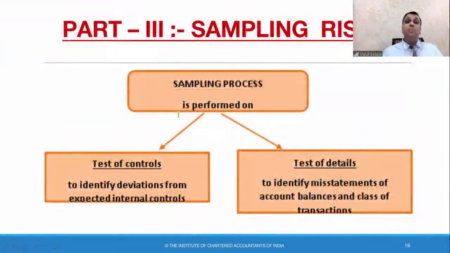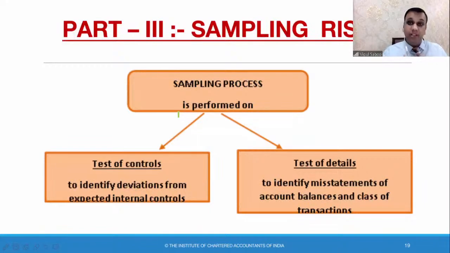Now, the last part for today's session is sampling risk. What is sampling risk? A risk, quite obvious, very easy to understand. A risk that the results we have obtained from the sample might not correspond to the results we have obtained from the population. Had we applied our audit procedures on the whole population instead of the sample,